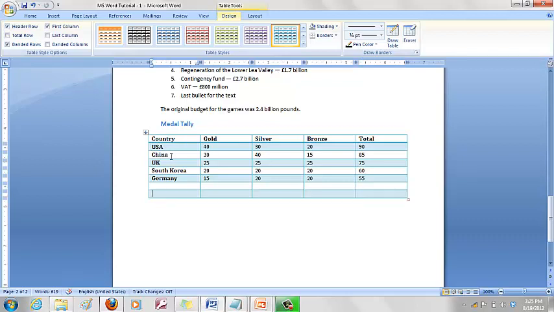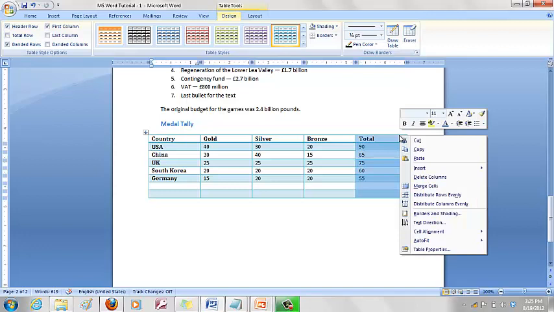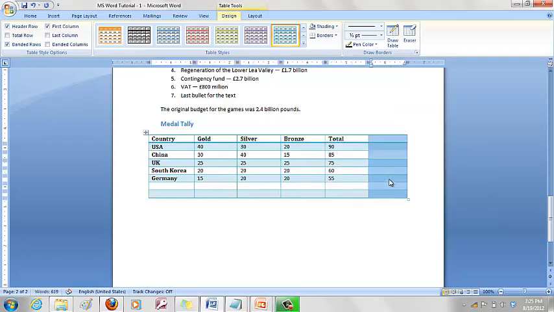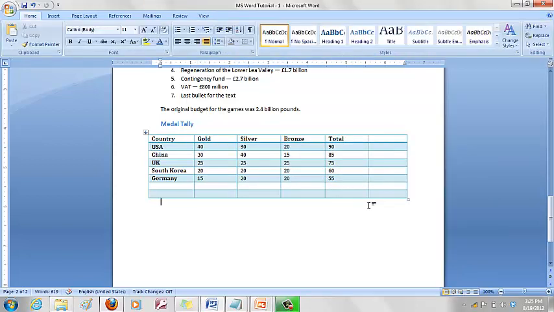If you want to insert a column, go to the last column and move your mouse pointer over it. At a certain place it's going to show a down arrow. At that point, just do a right click. When you right click, it gives you a lot of options, and you have an option for Insert, which says insert column to the left or the right. I want to insert the column to the right. I've inserted a column to the right.